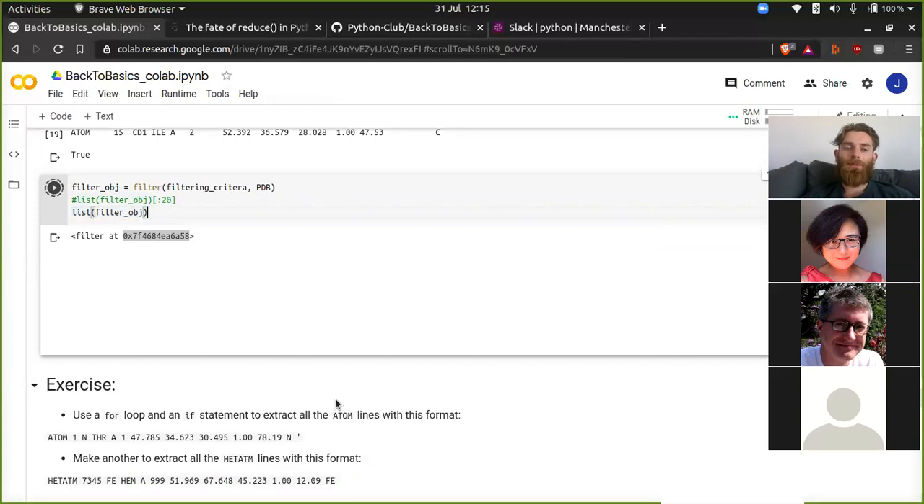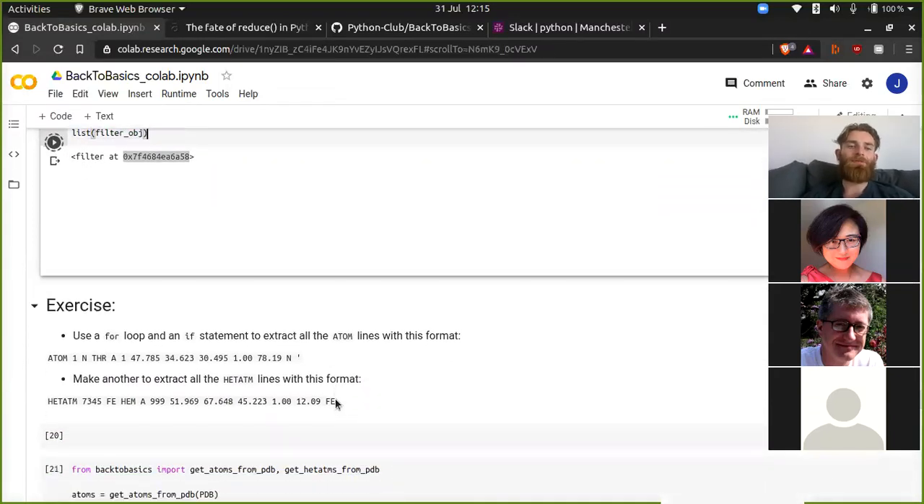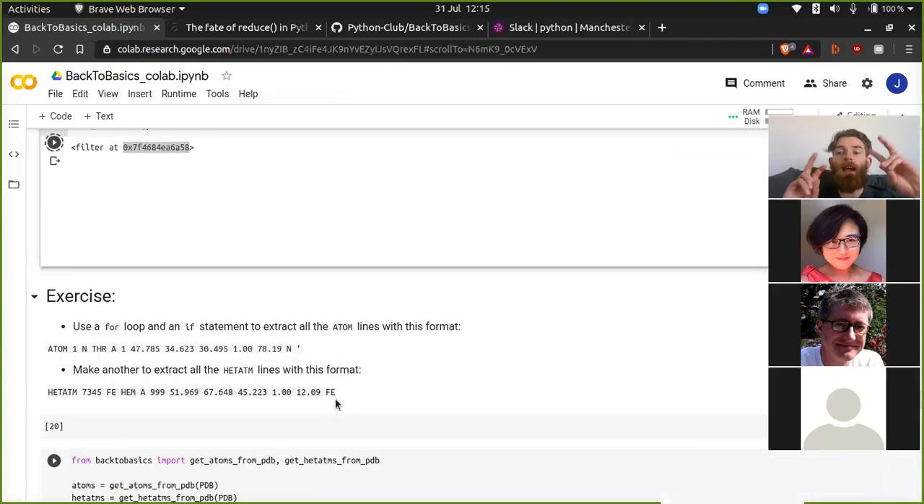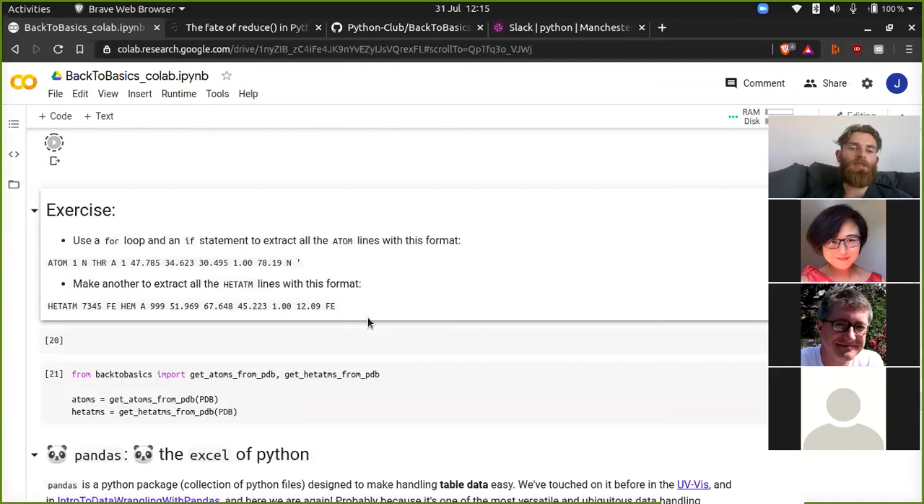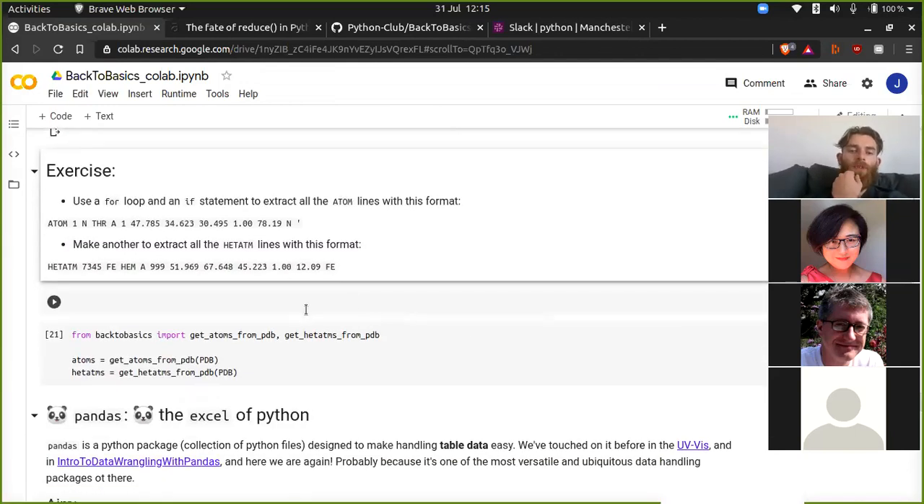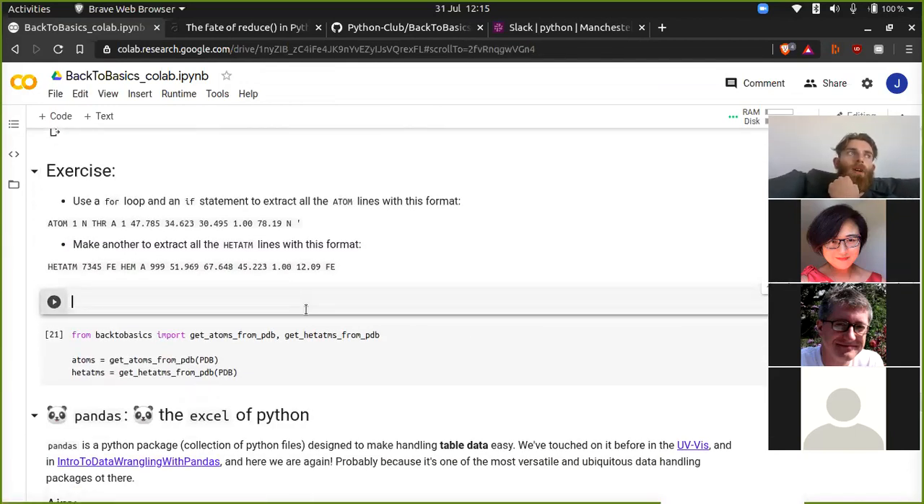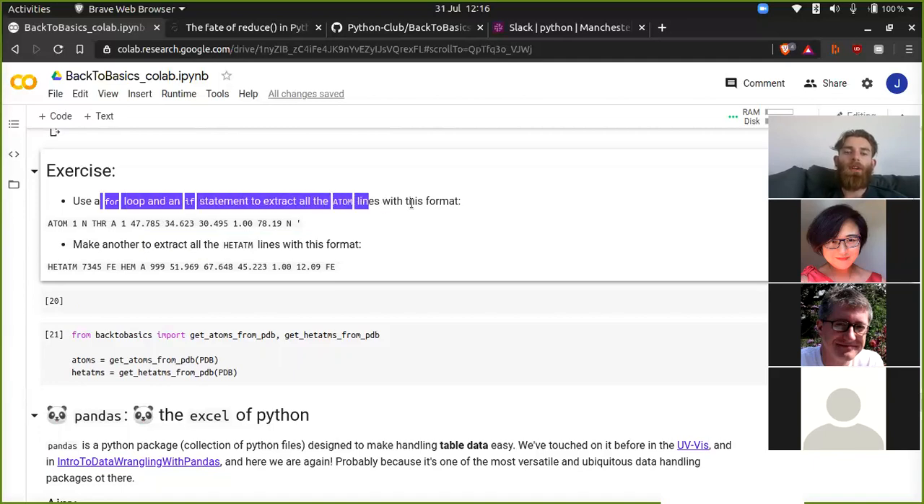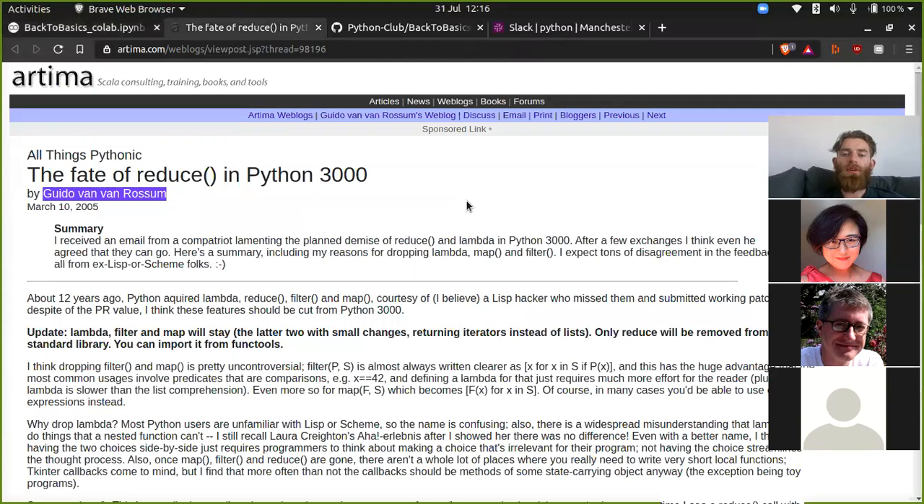I'll skip past the output. The expected behavior is just to return a list of lines in the file that contain atom in all caps. That brings us to our first exercise. So earlier I mentioned that almost always the better way of filtering lines like this is with a for loop and an if statement. So specifically, that's referring to using a list comprehension. That is